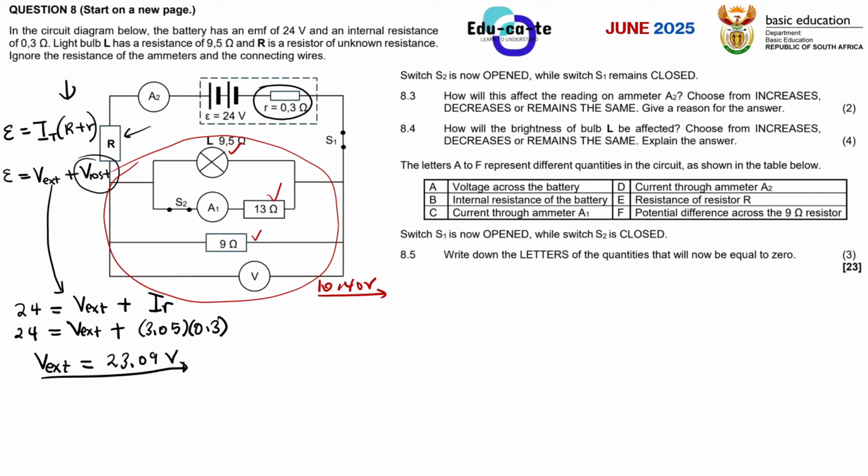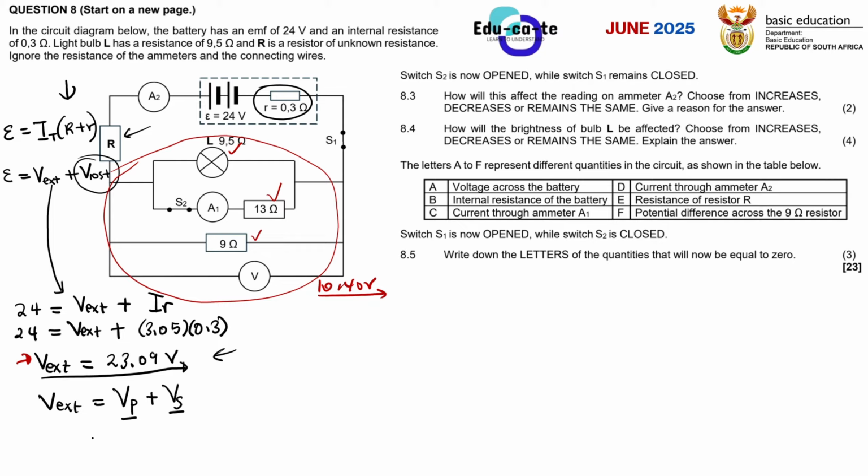So now that you know that, the total external voltage is actually made up of two things. You can say that the external voltage is equal to the parallel voltage plus the series voltage. That's the total voltage of the circuit. The EMF is not the total voltage. If there is internal resistance, the total voltage that we have is this external one. That's why we have to add the parallel voltage plus the series voltage.